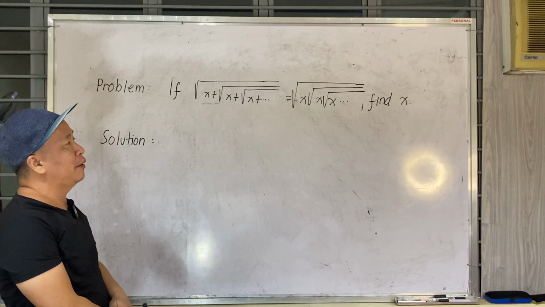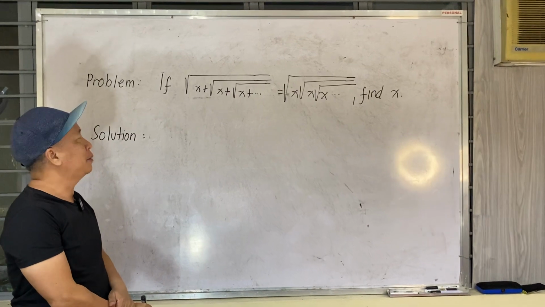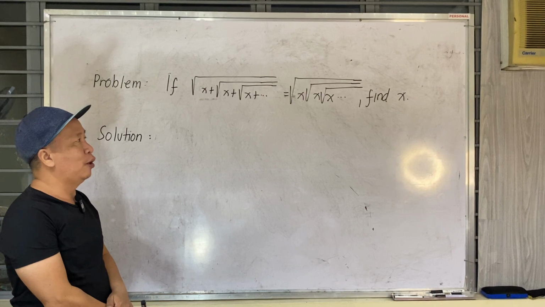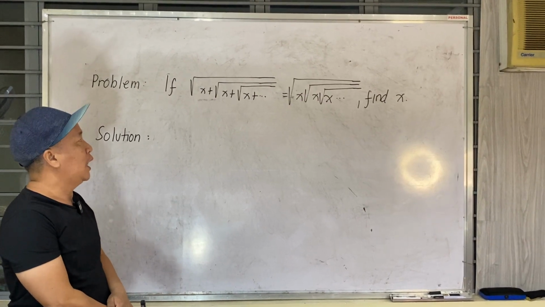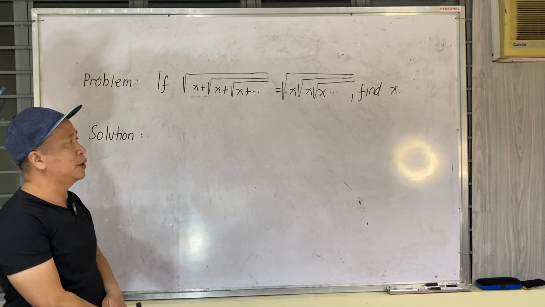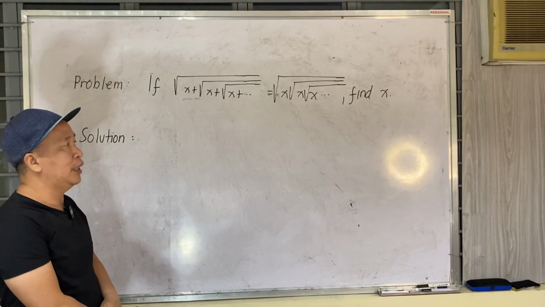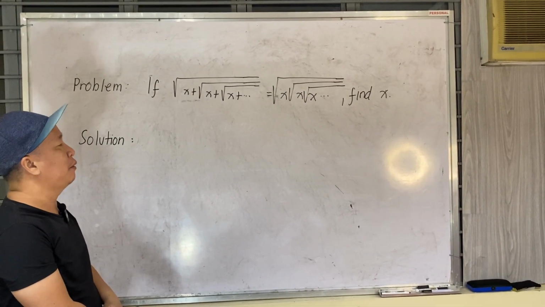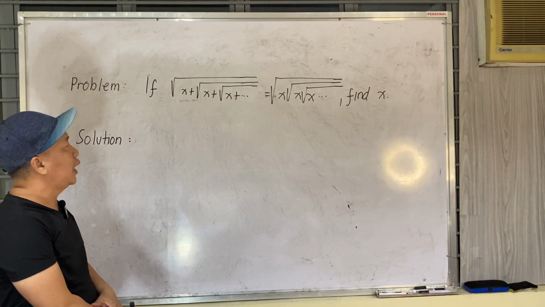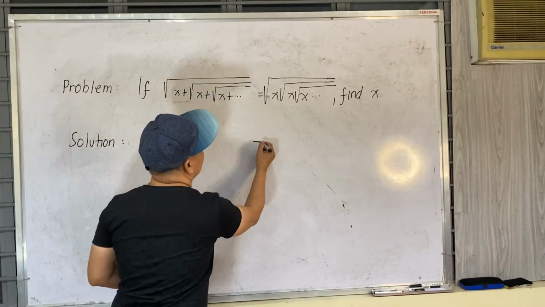Our problem is to find the value of x in the given equation. It is the square root of x plus the square root of x plus the square root of x plus and so on. It means it is an infinite series, and it is equal to the square root of x times the square root of x times the square root of x and so on, still an infinite product or infinite square root. With that, to start with, we try to simplify the right side by writing that as this one